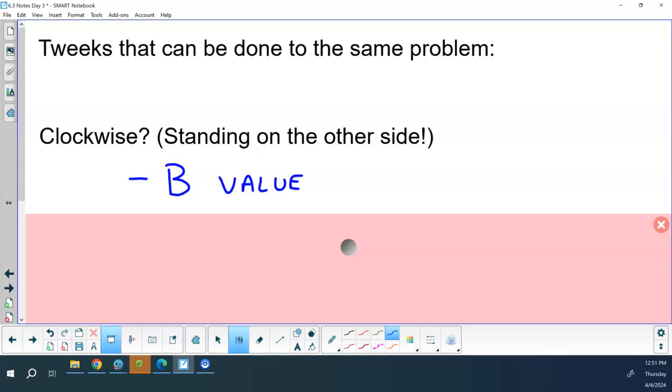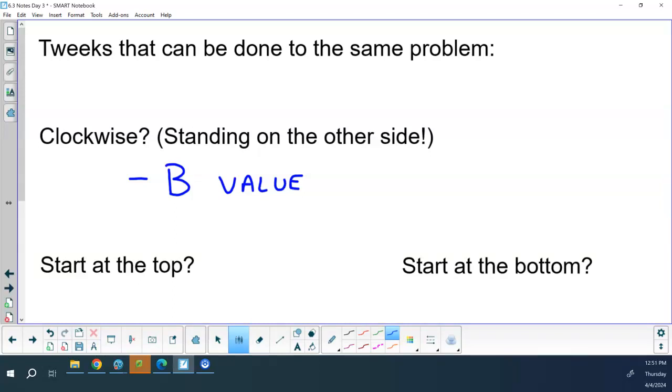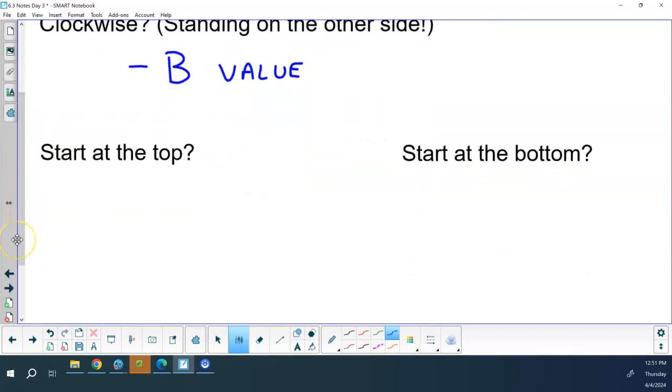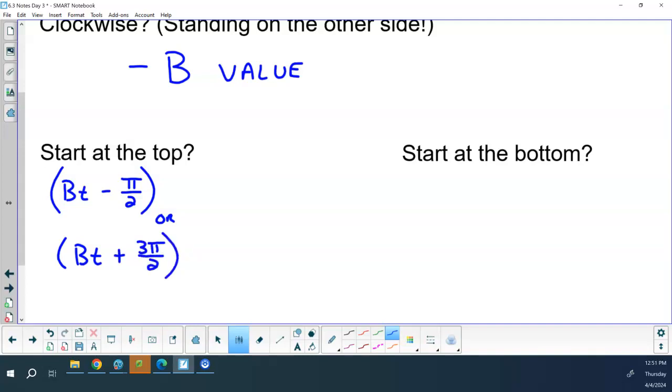Another tweak that we can make is starting position. If we start at the top, well, then you're going to have your B value times T minus pi over 2. Or you could have your B value times T plus 3 pi over 2. Both mean the exact same thing. It all really depends on if you are a minus or you're a plus type of person. Okay? If we start at the bottom,